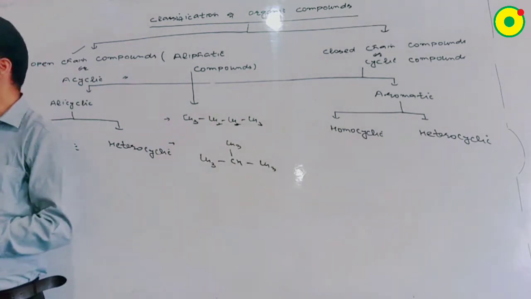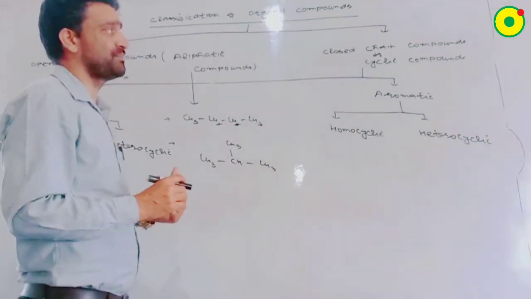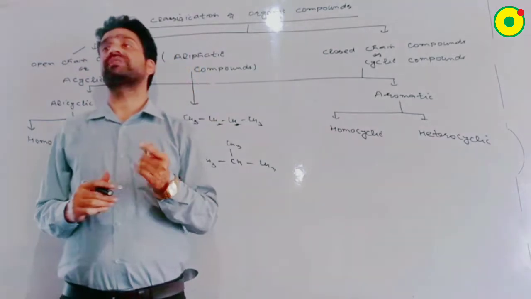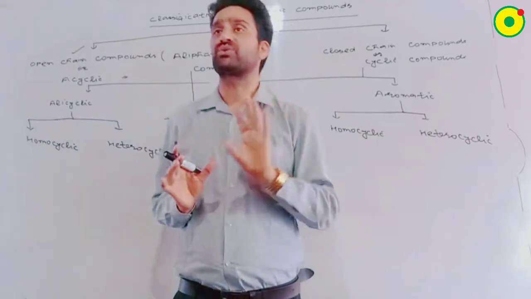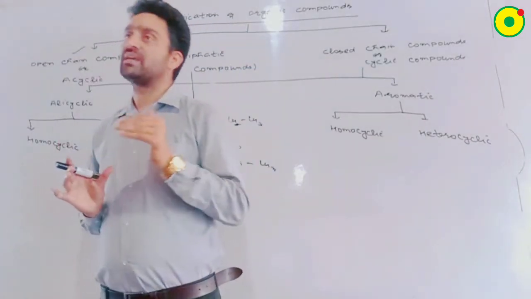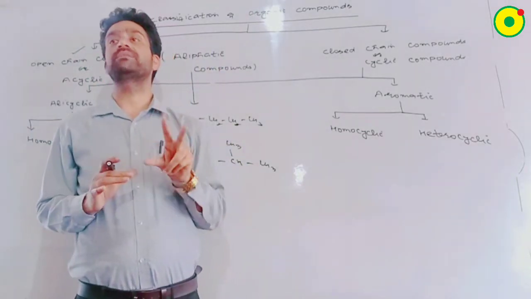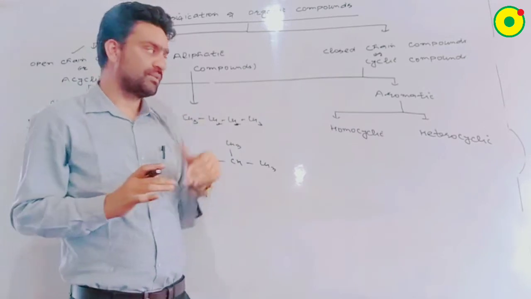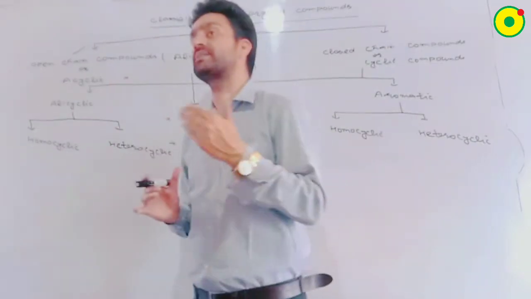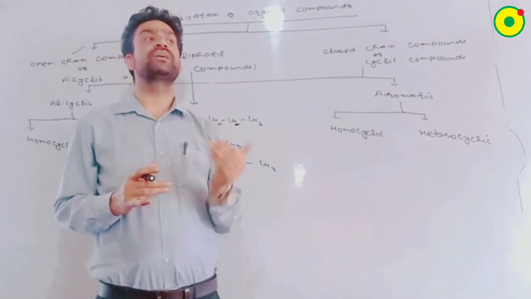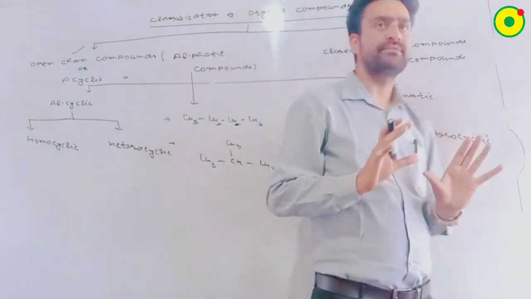Clear? Now after that we will move to closed chain or cyclic compounds. What are closed chain or cyclic compounds? These are those organic compounds which contain closed rings. ऐसे कार्बन कंपाउंड जिनमें क्लोज्ड रिंग्स होती है. ठीक है ना? अब ये या तो होमोसाइक्लिक हो सकती है या हेटेरोसाइक्लिक हो सकती है. What is homocyclic? When each member of the ring is a carbon. And what are heterocyclic? In addition to the carbon, there must be a heteroatom present in the cyclic ring, and the heteroatoms usually include nitrogen, oxygen, sulfur. Clear? Write it up.